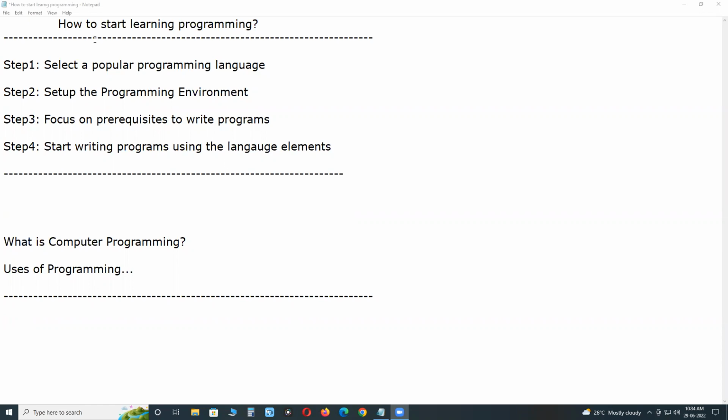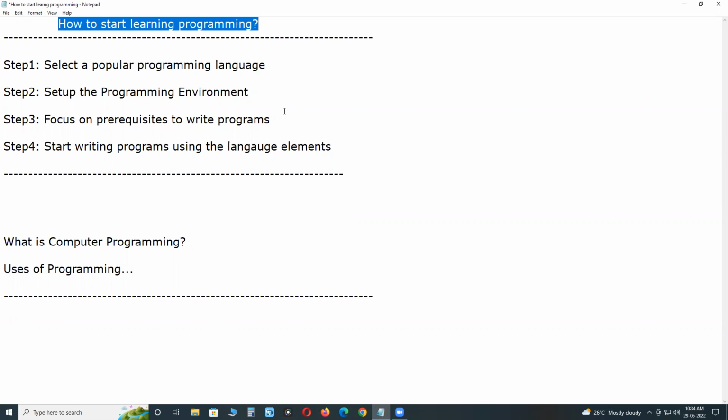How to start learning programming? See, important topic. Computer programming is an essential skill for IT professionals. Programming is a mandatory skill for software developers.